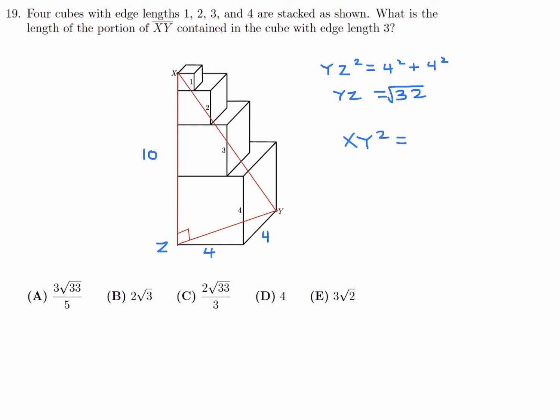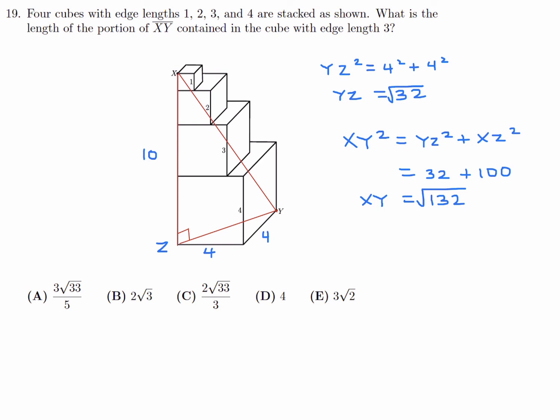xy squared is going to be yz squared plus 10 squared. Or I'll just write it in letters first, xz squared. So yz squared is 32, and xz squared would be 100. So 132 is xy squared, and therefore xy will be root 132. And root 132 is the length of xy, but interestingly, they don't want the length of xy, they want the